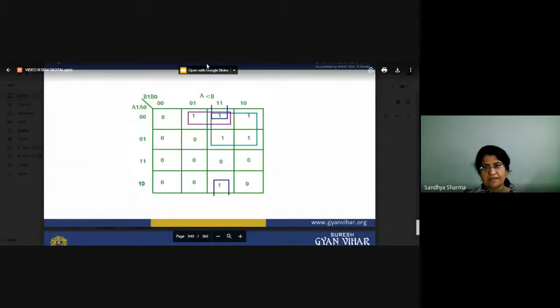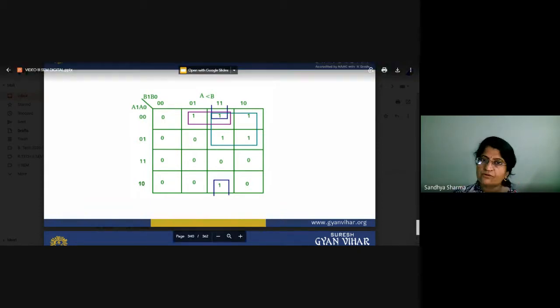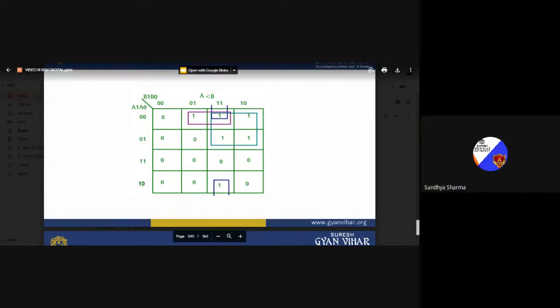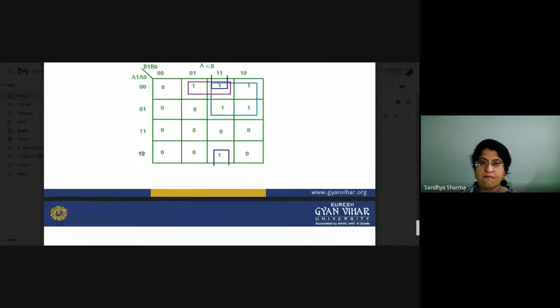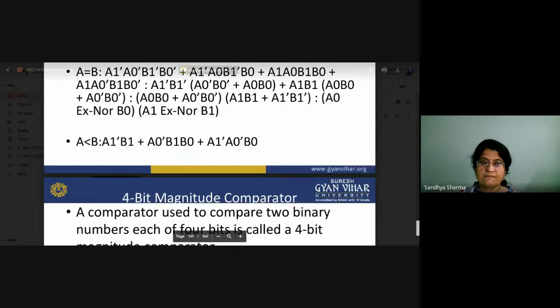If there is any combination, you will make the grouping, and then the reduced form of the circuit is written here. This is a pair, and you can also make pairs of these two. So you can make a pair, you can make a quad, and you can also make a pair in the corners. This is the basic way to make groups.